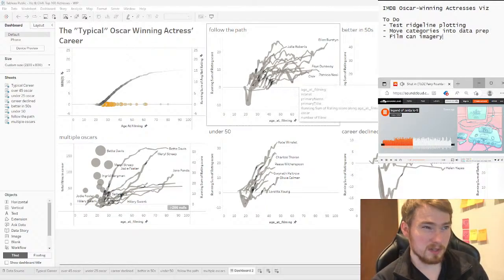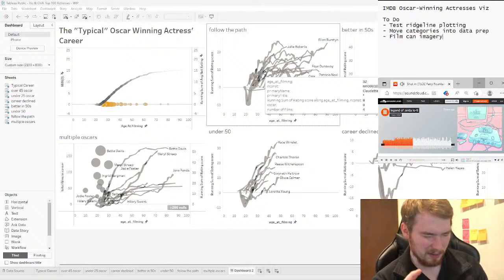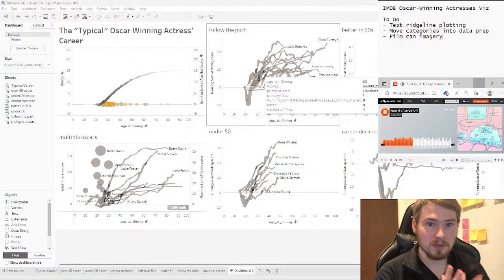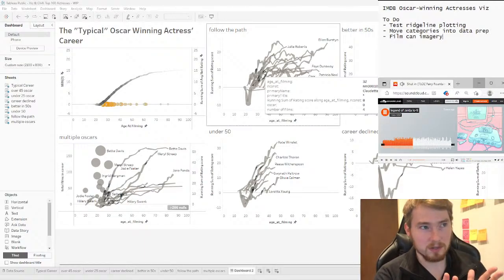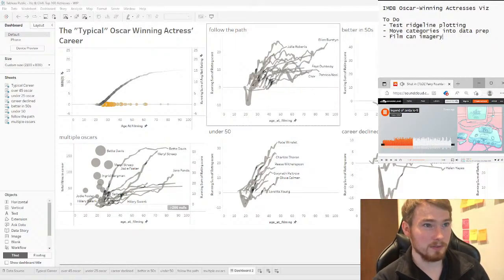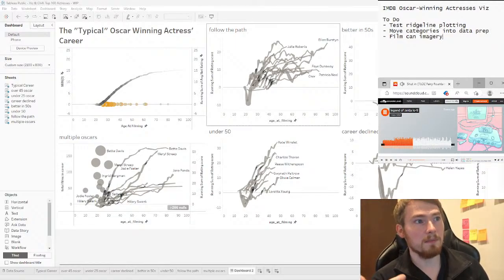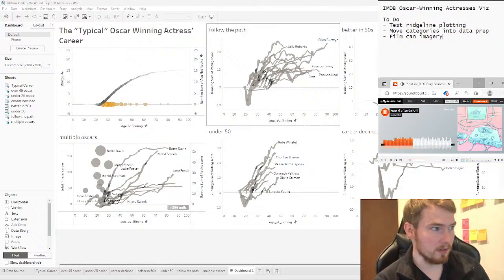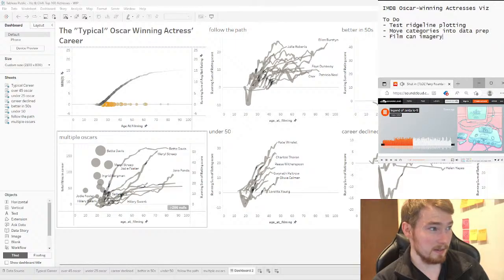So this is where we were starting to pass out some ones that, if we were going to categorize these up, are interesting careers where we can actually say they broke different rules. So these were ones that followed that kind of linear path of, yes, they consistently appeared in better and better films as time went on. We had a group here that are real outliers because they had multiple Oscar wins that really changed things for them. Didn't quite know how to deal with them.